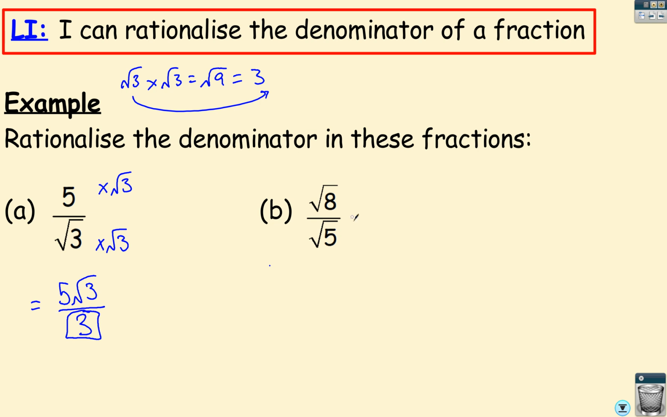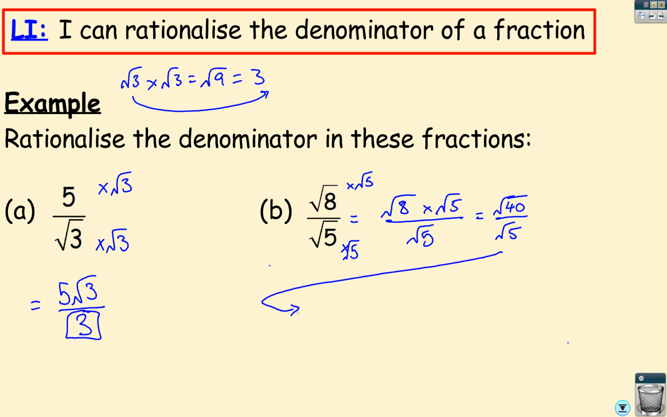Let's have a little look at the last example here. So we do the same sort of thing, we times by root 5 top and bottom. Okay, and what we're getting here is root 8 times root 5 over root 5. Now, root 8 times root 5 is root 40 over root 5. Now, we do need to simplify these things though, because square root 40 is a surd that simplifies, and we need a square factor for square root 40, so we'll have 4, so we'll take square root 4 times square root 10 over,